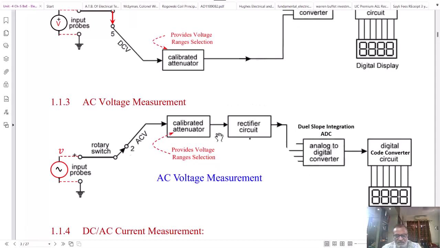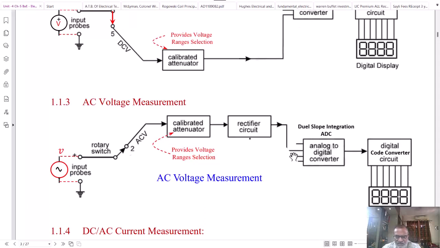In addition to that, the output of the attenuator is an AC signal, whereas our analog to digital converter needs the output in DC voltage form. Therefore we need to convert this AC output to a DC or average value by using a rectifier circuit. The rectifier also includes a filter circuit so that the average value of the AC voltage can be